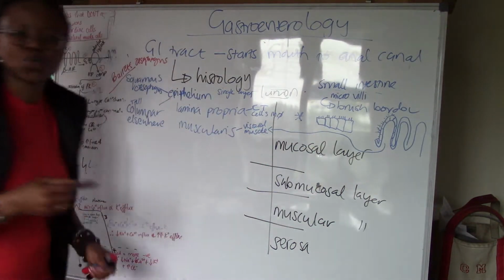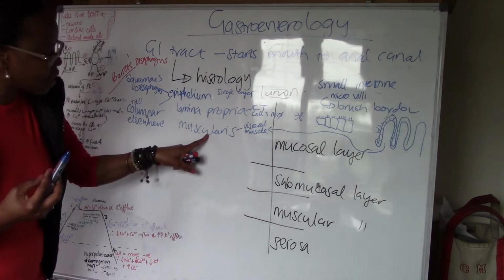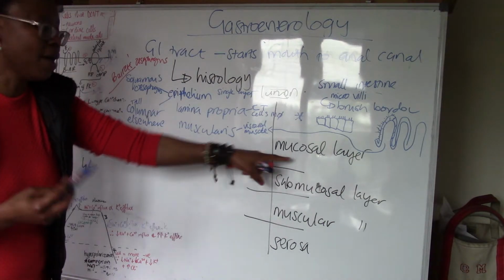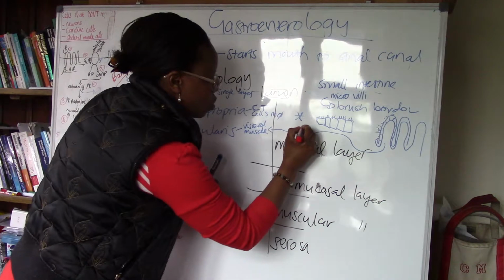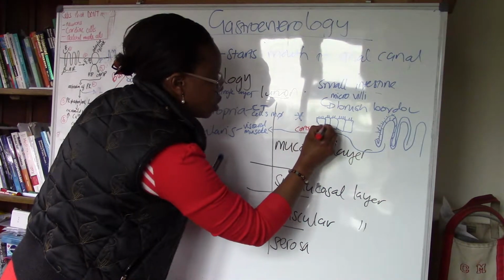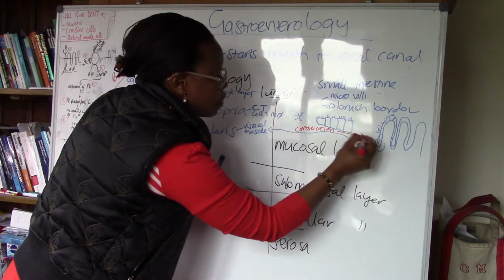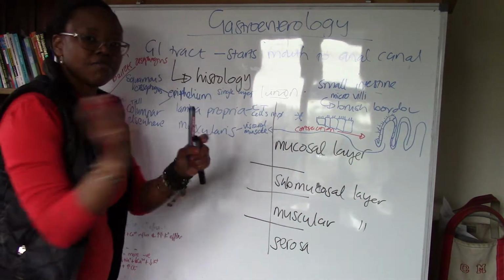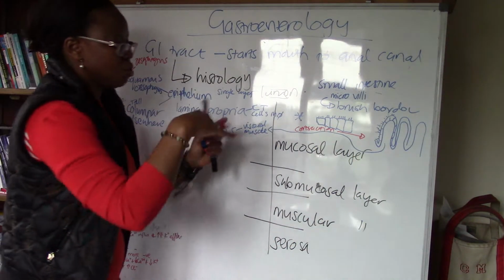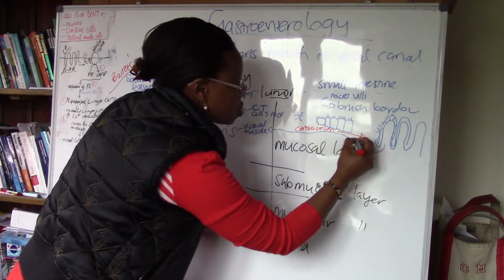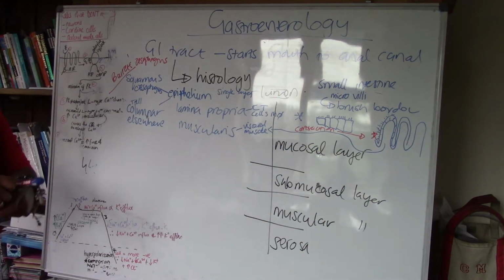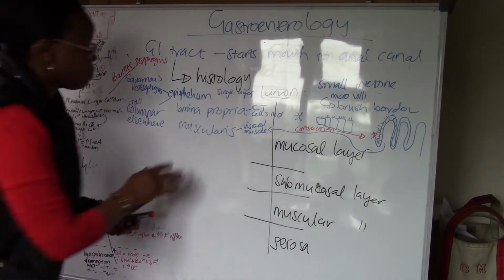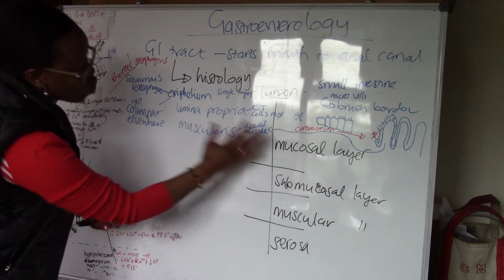When this muscularis layer of the mucosa contracts, contraction causes the movement of the villi. So the villi will be moving. Contraction is responsible for the movement of the villi. And then from the mucosal layer,